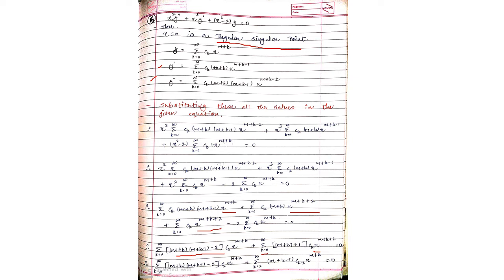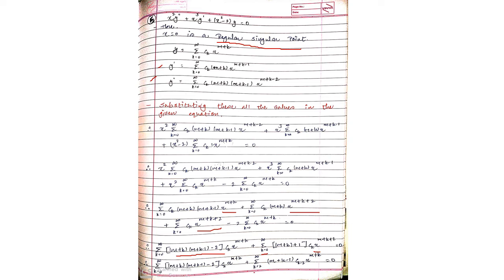Okay. Now you can check this both the terms having the similar powers, and you have to convert it into the similar power. Okay, and that will be your next step. So you have to make a similar power of x. Okay, so converting, for that you have to apply in the last term always, right? So see the first term having x raised to m plus k and the last term having m plus k, sorry, plus 2. So in place of k you have to put k minus 2, then we can cancel it out, that plus 2 minus 2 cancel. So for that we have to apply the case k equals to 2.